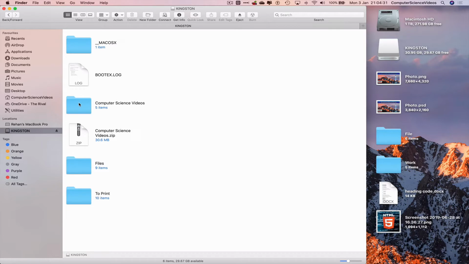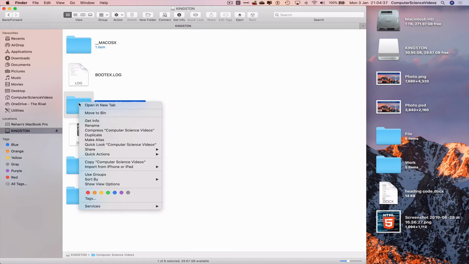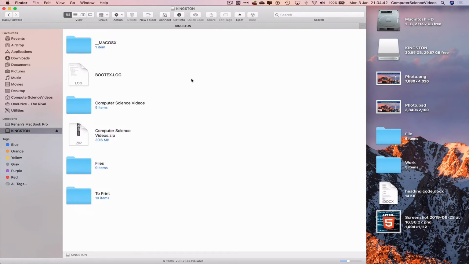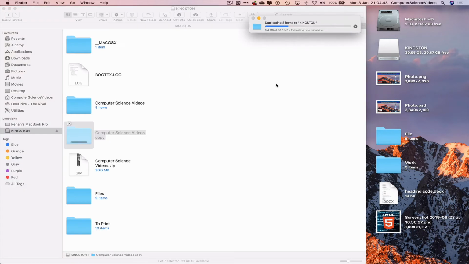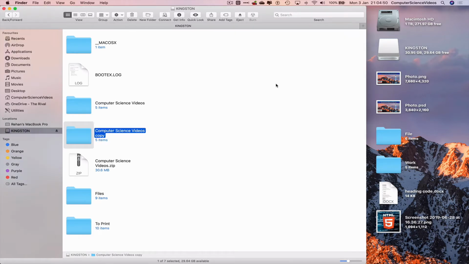Well, we can right click on a folder. For this tutorial, we will click on Computer Science Videos, right click, copy the folder itself, right click again and paste item. And there you have it. The Computer Science Videos folder has now been copied and pasted, also known as duplicated, within the USB flash drive